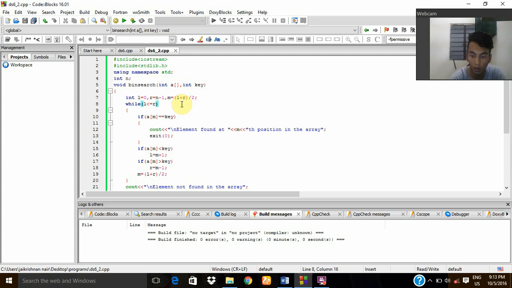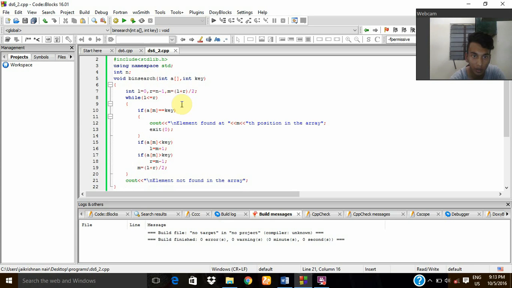Then we'll start a while loop, and the condition of the loop is while l is less than or equal to r. Inside the loop, we'll check if a of m equals key, that is, if the element is found. If it is found, we'll display a message telling that the element is found at the mth position in the array, and we'll write the exit method. Then another condition: if a of m is less than key,